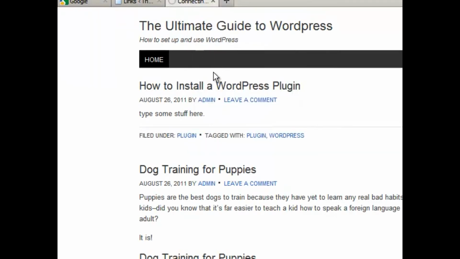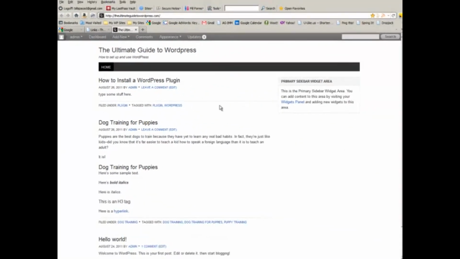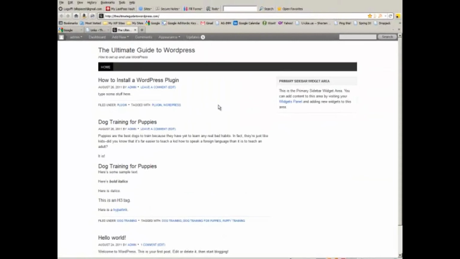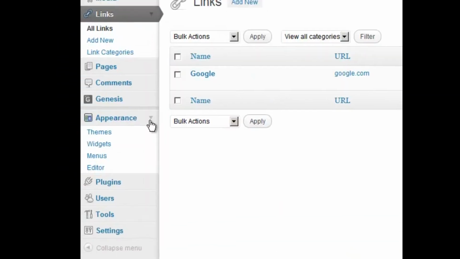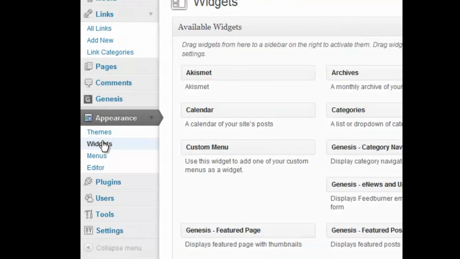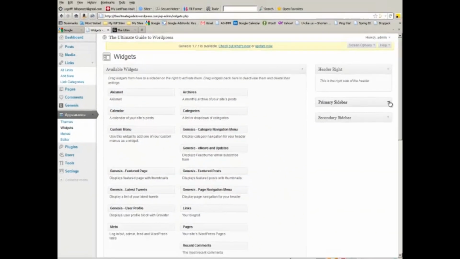Let's go take a look at the links on your site. You're going to notice that you don't see them. What you need to do, and this is going to be shown to you more in depth in a following video, is add your blog roll to a widget and your widget to your sidebar. So click on Appearance, go to Widgets, click on the primary sidebar, and all you do is drag your links over here,